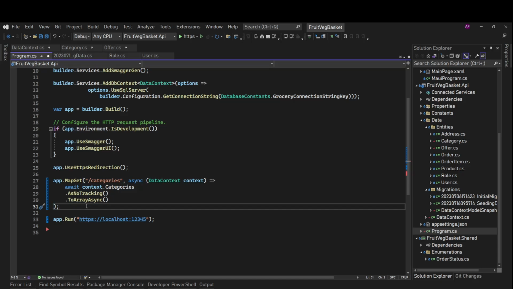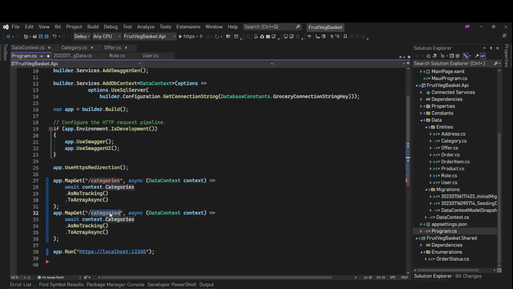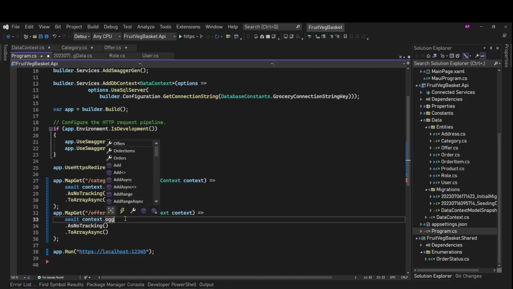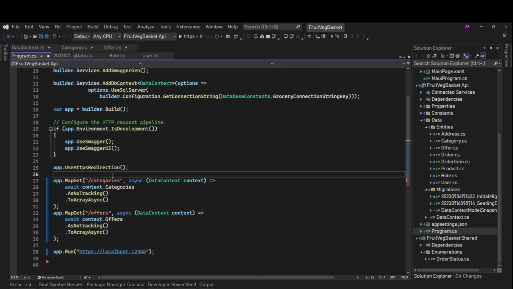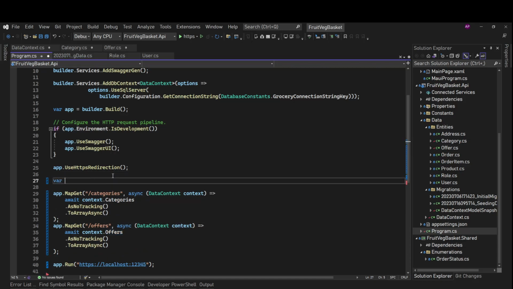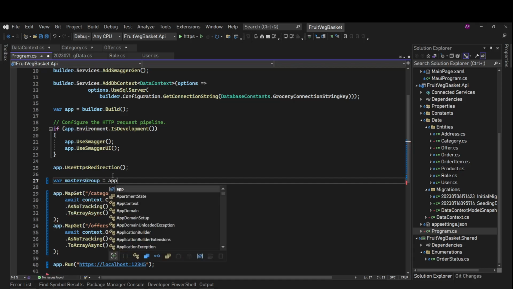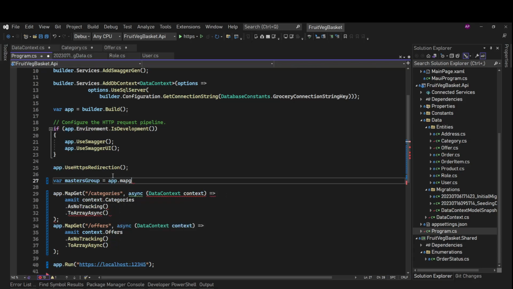And we are good. And the same thing we need for offers. Instead of categories we'll say offers. Let's map these, let's group these. So we'll say masters group, and here we'll say app.MapGroup.